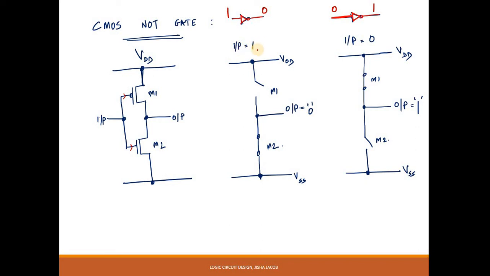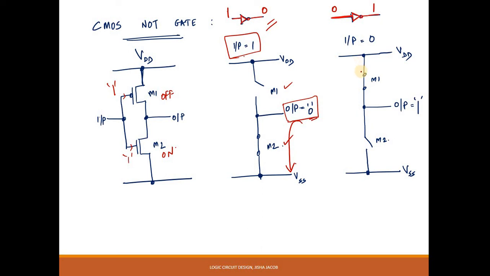When the input is equal to 1, what happens? The PMOS will become off, because logic 1 turns off the PMOS. When the input is equal to logic 1, the NMOS turns on. NMOS gate equal to logic 1 turns on the NMOS. Therefore, M2 acts as a closed switch and M1 acts as an open switch. Therefore, the output will be pulled down to VSS, which is a logic 0. So, you applied a logic 1 and you got a logic 0 at the output. This is what an inverter does, and it is verified for that case.